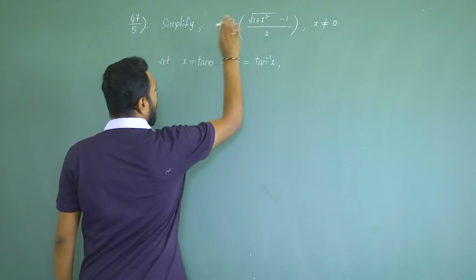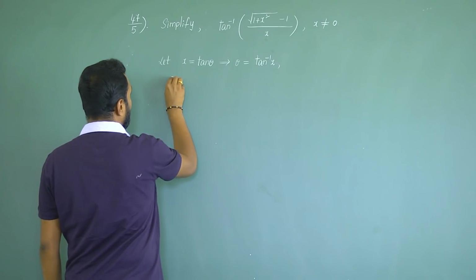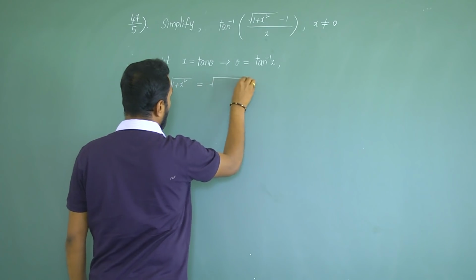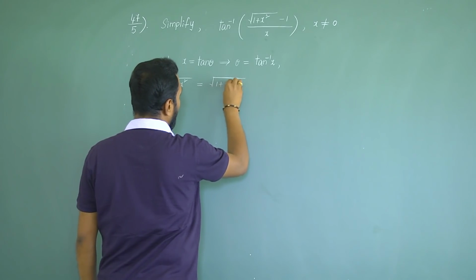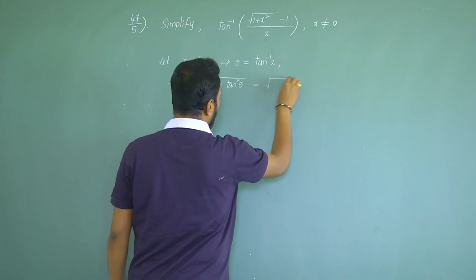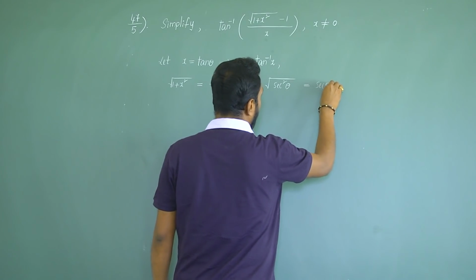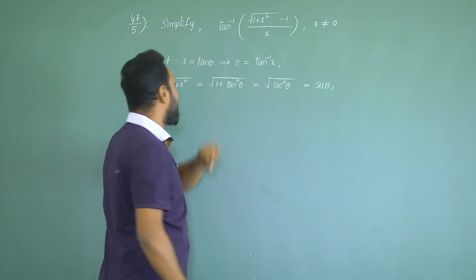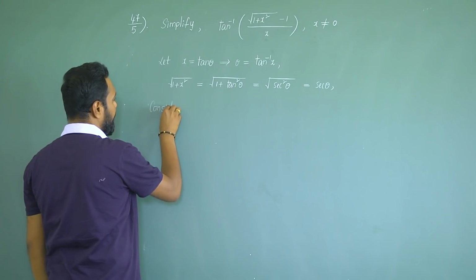Then root of 1 plus x square equals root of 1 plus tan square theta, equals square root of secant square theta, equals secant theta. You can write it. If I substitute these forms in this problem,